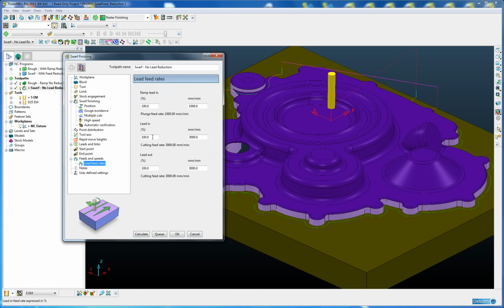So this time we're looking at the lead in and lead out, not the ramp. So we want the lead in to be a lot slower into the material, so I'm going to set that at 25% of the cutting feed rate. And the lead out does not need to be as slow as the lead in, so we're going to set that at 50% of our cutting feed rate. So if we now calculate that again,